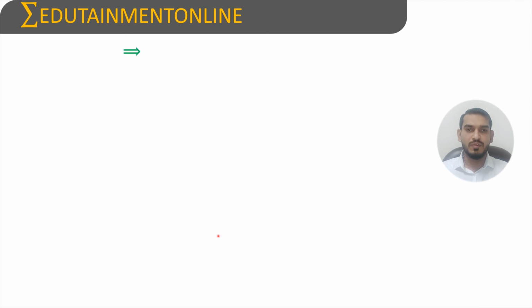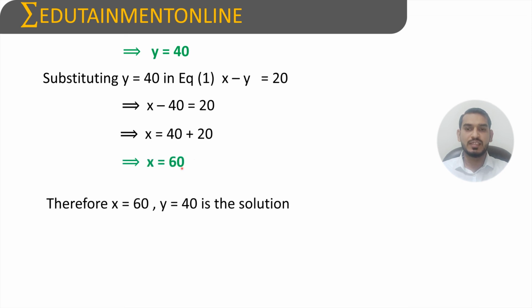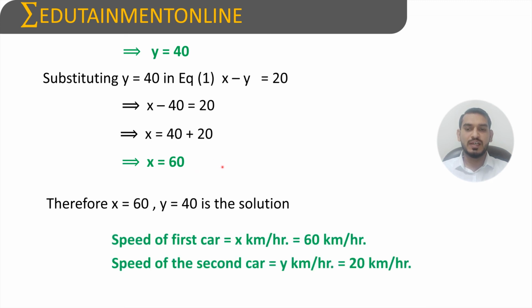Now to find the value of x, which is the speed of the first car, we need to substitute in any of the equations. Substituting y is equal to 40 in equation 1, which is x minus y is equal to 20, so x minus 40 is equal to 20. Transposing this 40 to the right hand side, we will get x is equal to 40 plus 20. So x is equal to 60. Therefore, the speed of the first car is